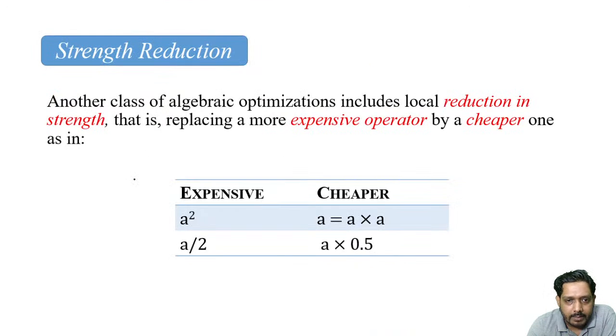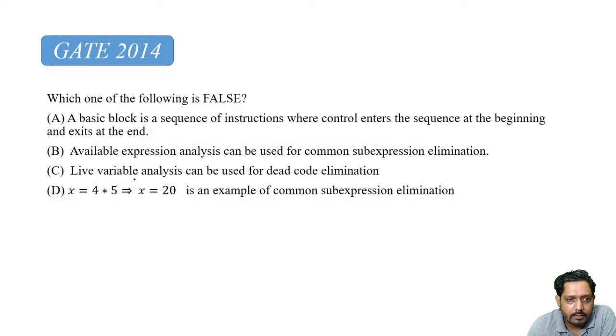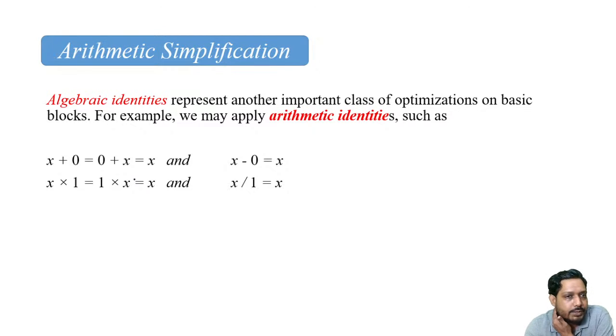ये था आपका डेड कोड एलिमिनेशन। Okay, so combine algorithm we are done. एक मिनट, constant folding, अच्छा, यहाँ पे लिखा भी है मैंने, fine. So just a few more for your knowledge. Arithmetic simplification means algebraic identities: add zero to anything, you will get the same value; multiply by one, you will get the same value; subtract zero, you will get the same value; divide by one, these are the same value. So what we can do, these algebraic identities को हम रिप्लेस कर सकते हैं।